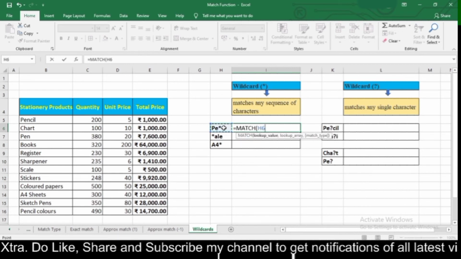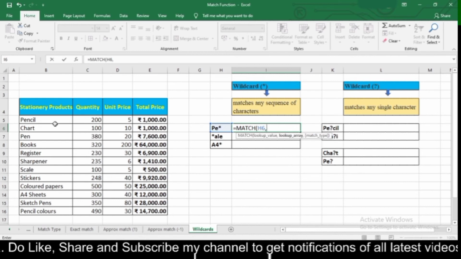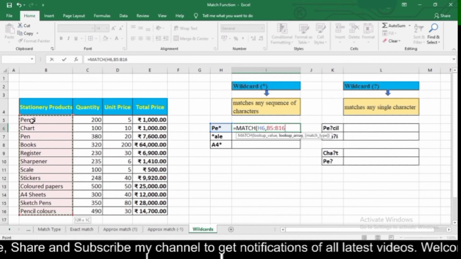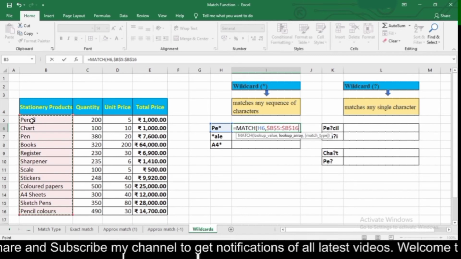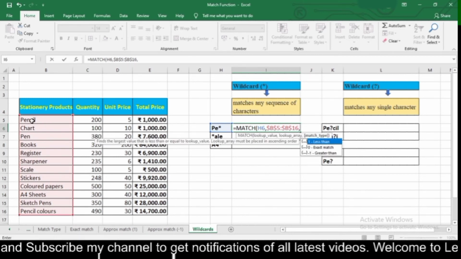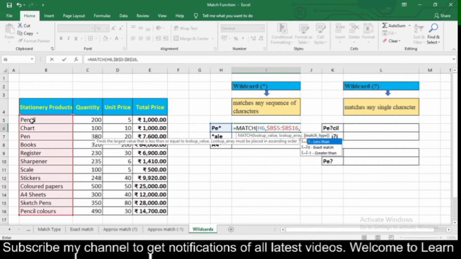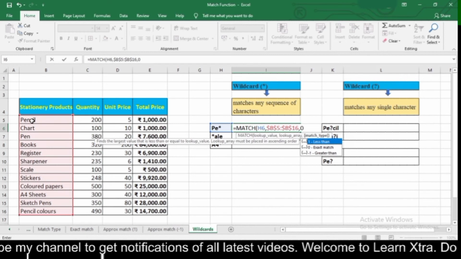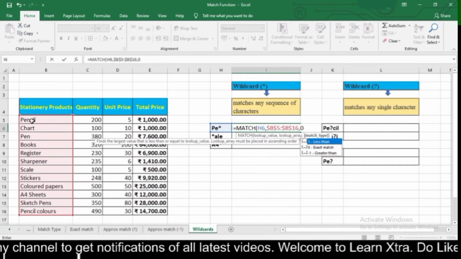So equal to MATCH, my lookup value is PE star, comma, lookup array would be this B5 to B16, and then freeze it with the help of the F4 key. Then again match type, here I will type 0, because wildcards always work with exact match, that is 0.